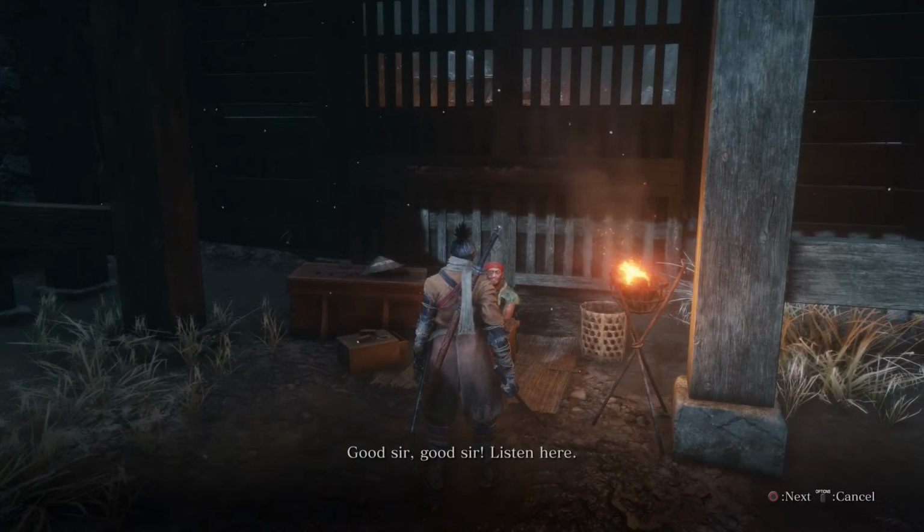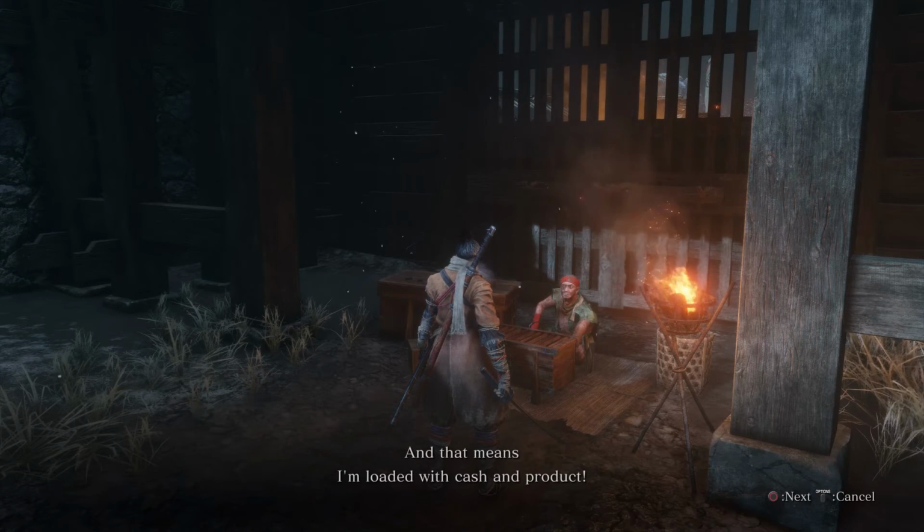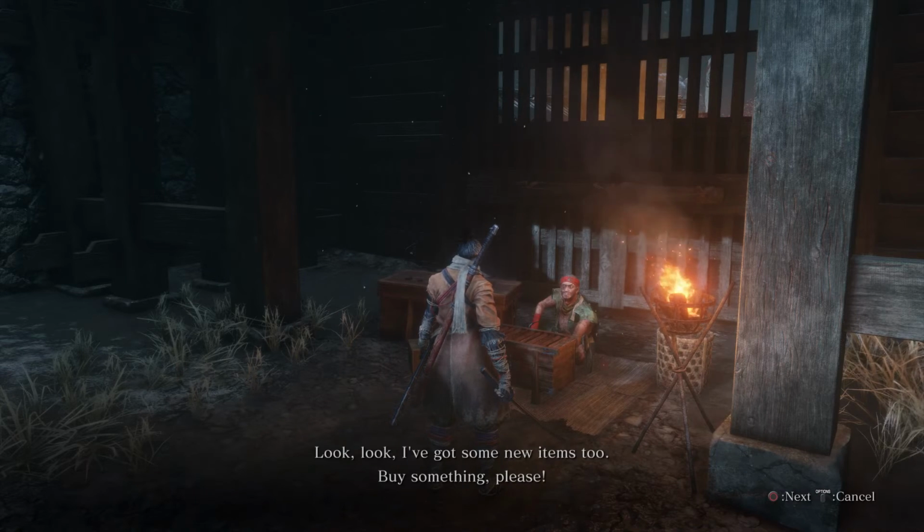旦那、聞いてください。塩が高く売れたんでさ。おかげでまあ、銭もたんまり、仕入れもがっつり。さあさあ、新しい品もありやす。買っていってください。